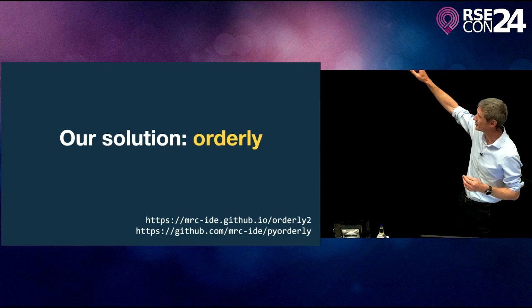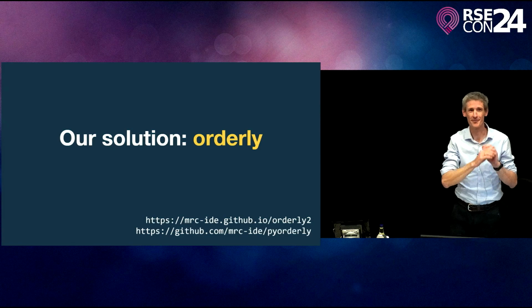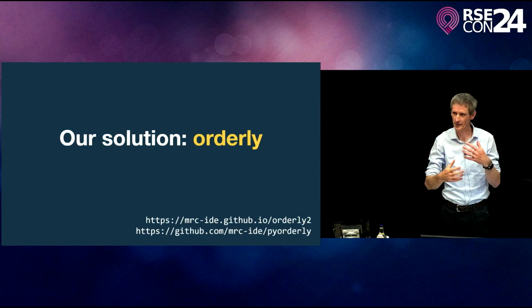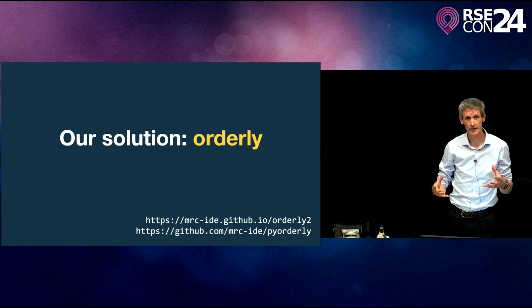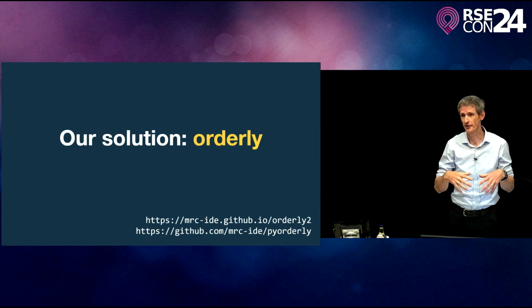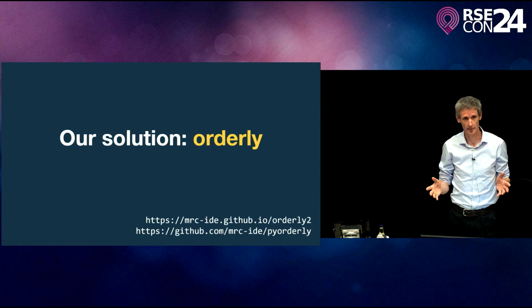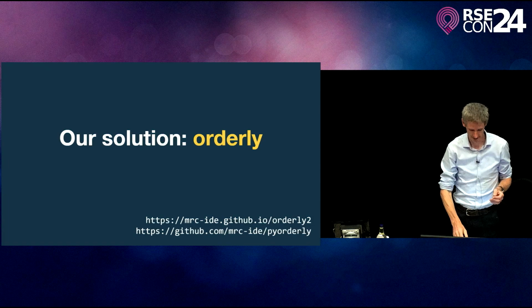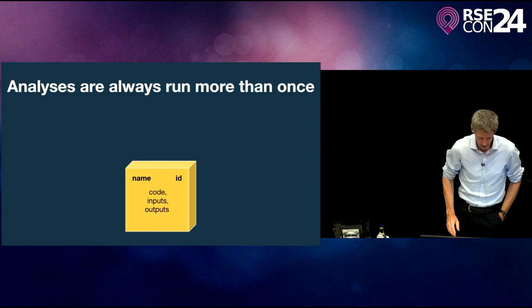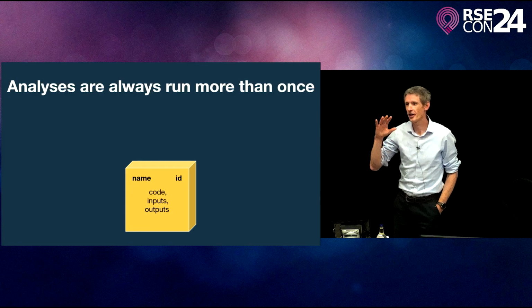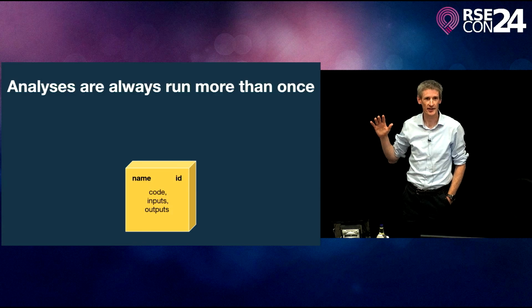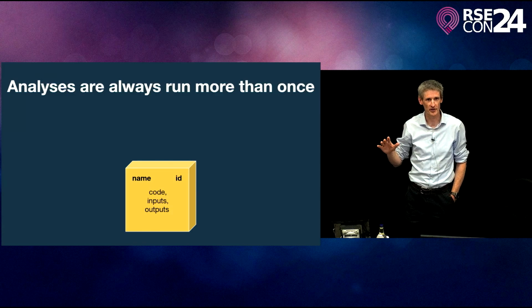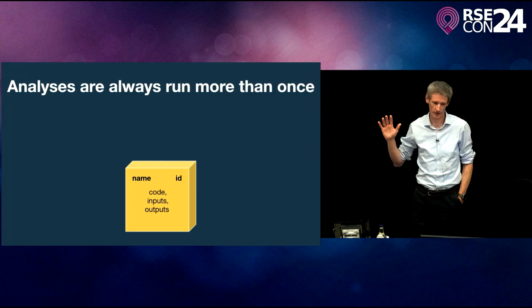The eagle-eyed of you will notice a 2 at the end of this URL, because we completely tore this down and rewrote this as we've seen how researchers have been using this. And I should say the context for this is my RSE group, who sit as an embedded group within a large group of computational epidemiologists. So we've been dog-fooding the ideas in this with our epidemiologists for the last 8 years. Right, so what I'm going to do is I'm going to show a couple of ideas that I think could go into any solution of this, things that I think are important to actually advancing reproducibility, and talk a little bit about how our tool helps with this.